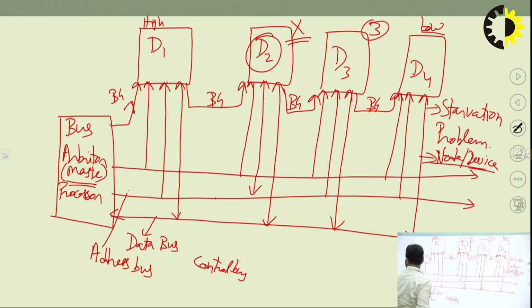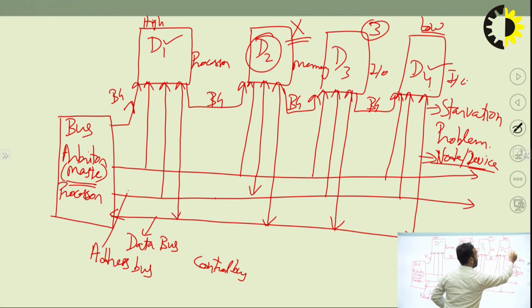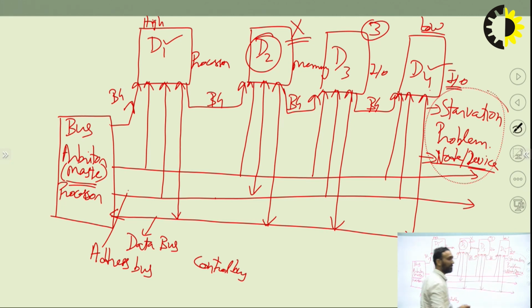These are two basic drawbacks of this method. An advantage of this method is that the networking is simple and easy, and all these things are in a static manner, means this device has the highest priority and this device has the lowest. As we know, for example, processor, memory, IO. So in this method it is fine, but these two drawbacks are removed in the next method,